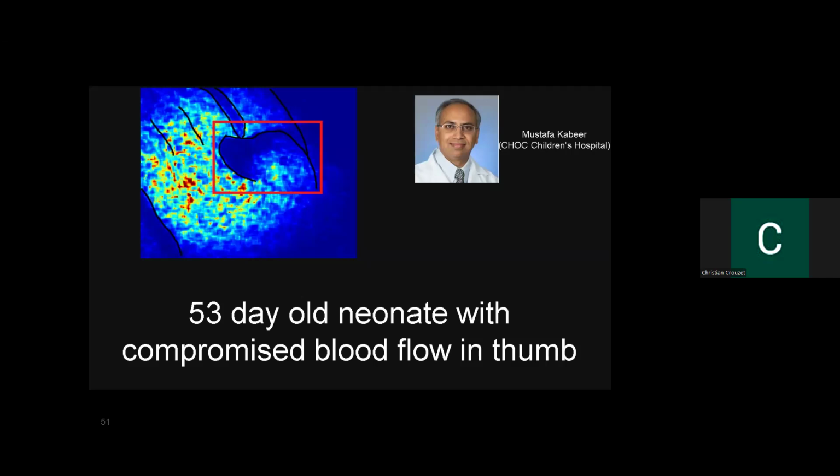And one of the things that I mentioned going into the NICU was that there was a neonate that had compromised blood flow to their thumb. So that's shown in this area. And laser speckle imaging was able to detect it. This was work that was done with Mustafa Kabir at the Children's Hospital of Orange County in Orange. So fairly close to us, but able to detect these flow-based differences in this kind of niche population, but also